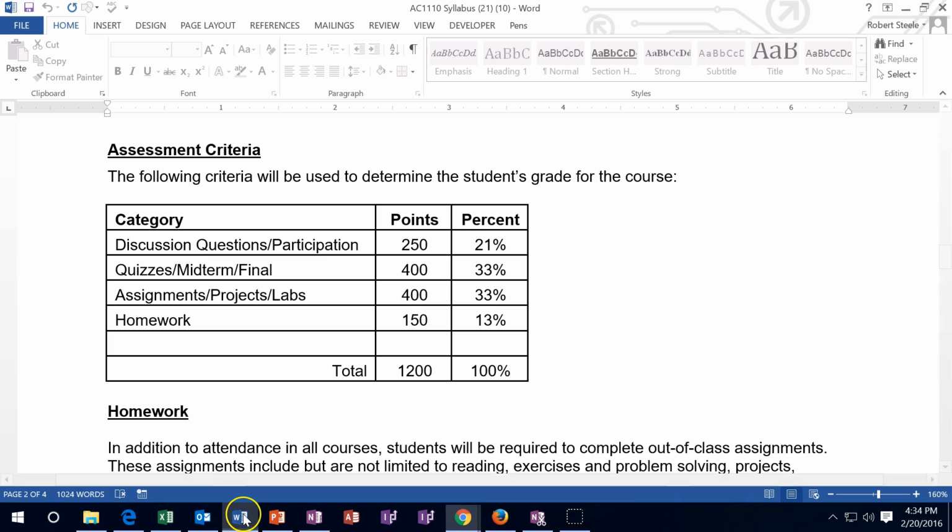If we took a look at the point totals real quick on the syllabi, remember how I recommend approaching these classes. Get full credit on the discussion forums, 21%. That's a huge piece of the grade, and you have the most control over it. I would go for full credit there, then get as much as full credit on the assignments and the homework,